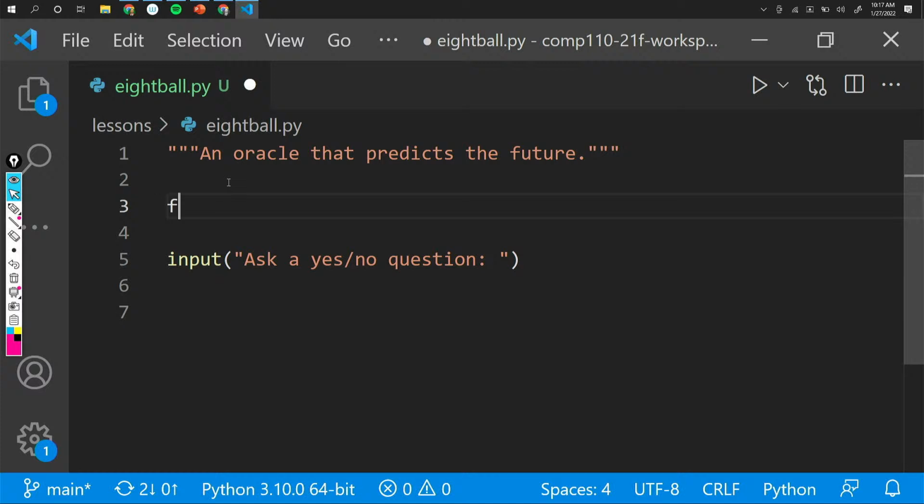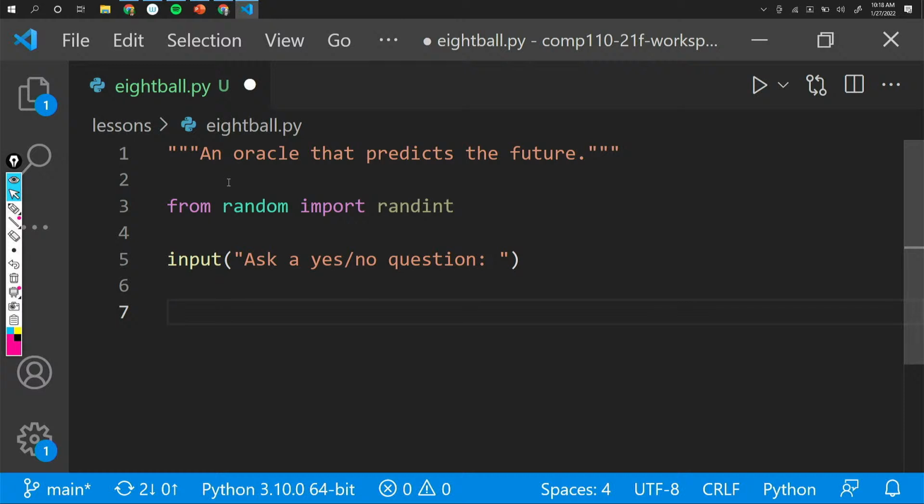For now, I'll give you sort of a hand-wavy explanation that above the input, we tend to put these lines at the tops of our programs beneath the doc string. We're going to say from random, import randint. Random is a package in Python that includes functionality around randomization, and randint will generate a random integer on our behalf.